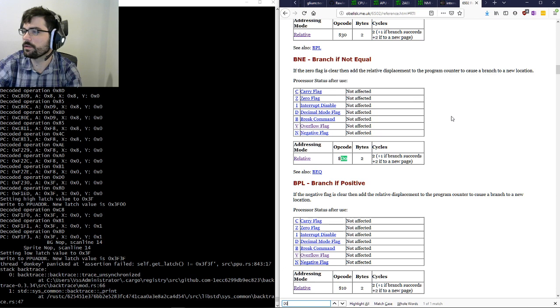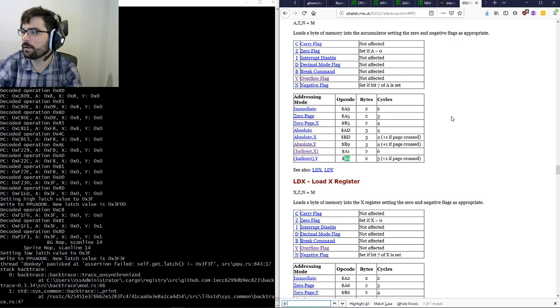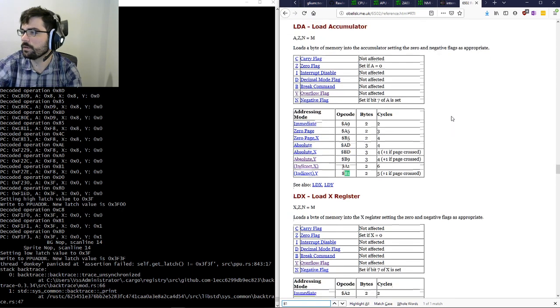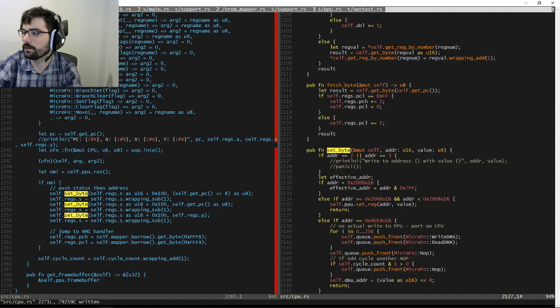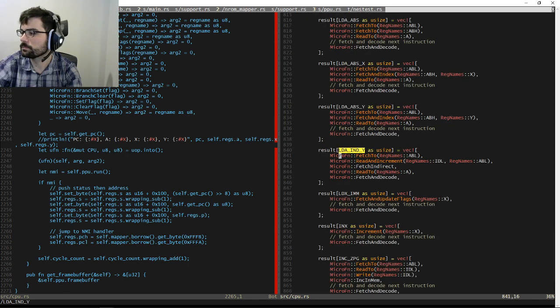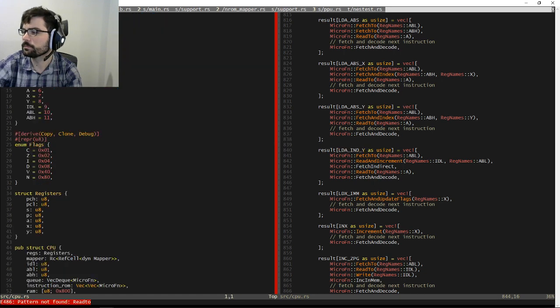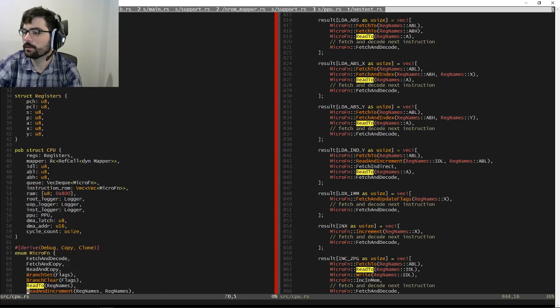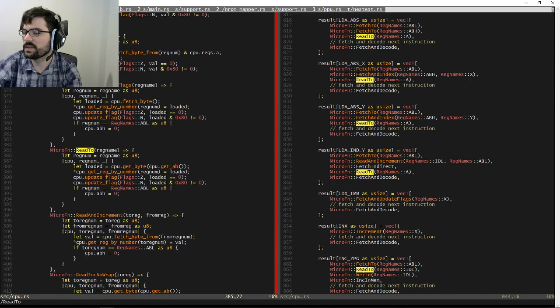All right, so D0 is branch if not equal. And it's immediately after a B1, which is a load accumulator, which does set the 0 flag. I'm pretty sure I have that right. It's load A, indirect Y. It's read 2 that sets the flags.